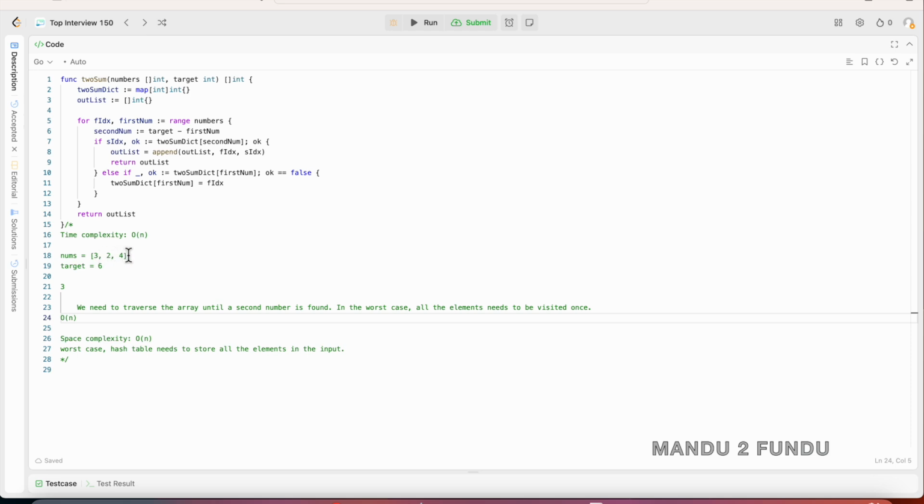So we have to iterate over this entire input array to find the pair. So that is the size of the input. So the time complexity is order of n. So with respect to the space complexity, we need to build the hash table for each input in the numbers array. In the worst case,